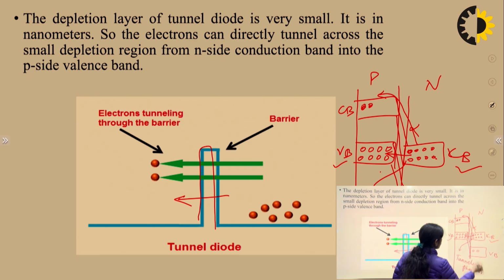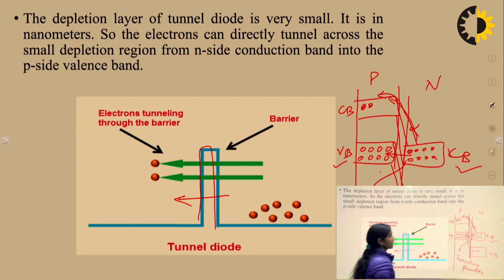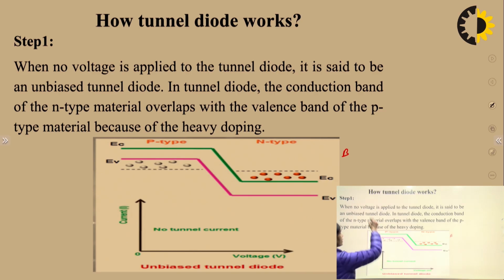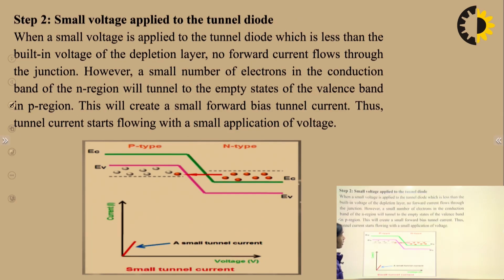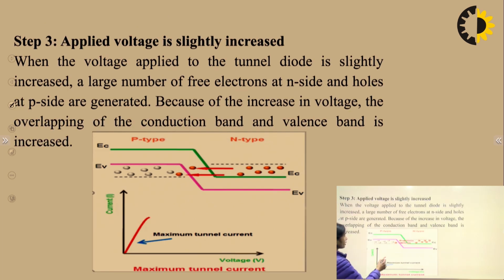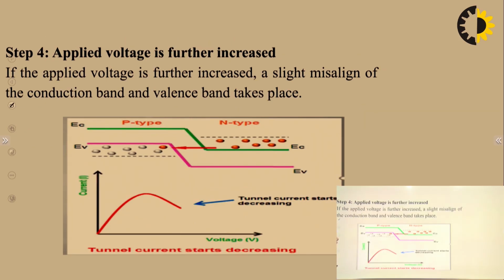So there is no need to cross the potential barrier; electrons can directly tunnel from the conduction band of the N type to the P type. As we apply the voltage, the electrons from the conduction band of the N type directly tunnel to the valence band of the P type, and the current starts increasing. Step by step, as we increase the voltage, the current keeps increasing. At a particular point we get the maximum current, which is called the peak current, and this voltage is called the peak voltage. After that the current starts decreasing,